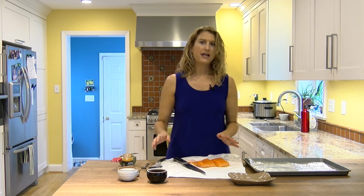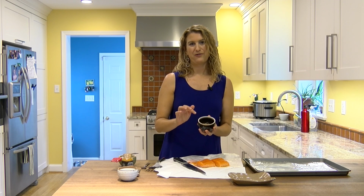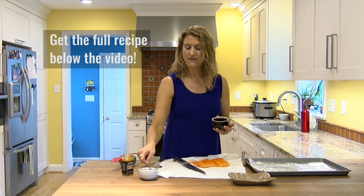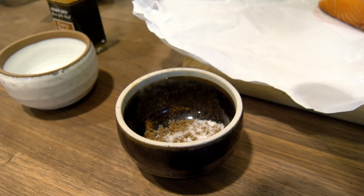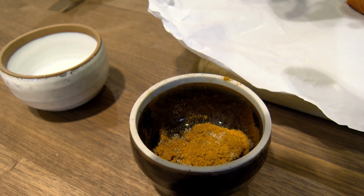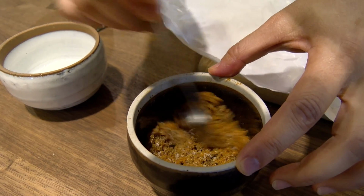So now to make our spice rub, you guys aren't going to believe how easy this is. I have 2 teaspoons of brown sugar in here, and that's going to give it this nice caramelization. And I'm just going to combine that with about a half a teaspoon of kosher salt. And then you're going to use a half a teaspoon of curry powder. I tend to go a little bit more because we love that flavor, but it all depends how you like it. And you're just going to mix those together